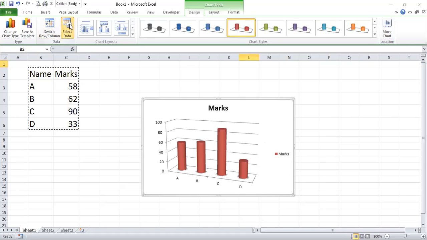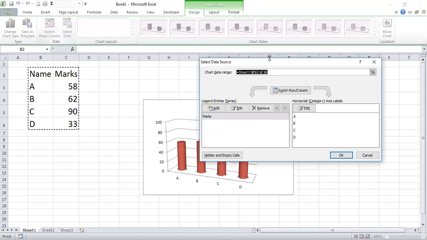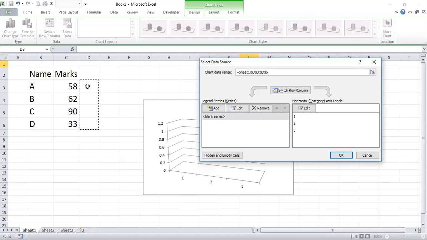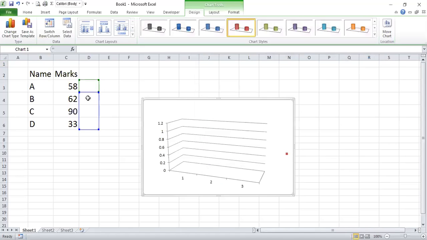Select data. As you see, I told you, if you want to change your selection, this is the range given here. You just select this completely and choose the next part. Right now there is no value here, so click OK to add. Right now this chart will have these values.